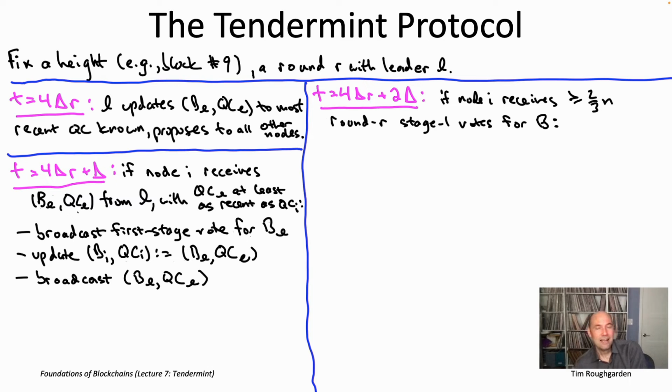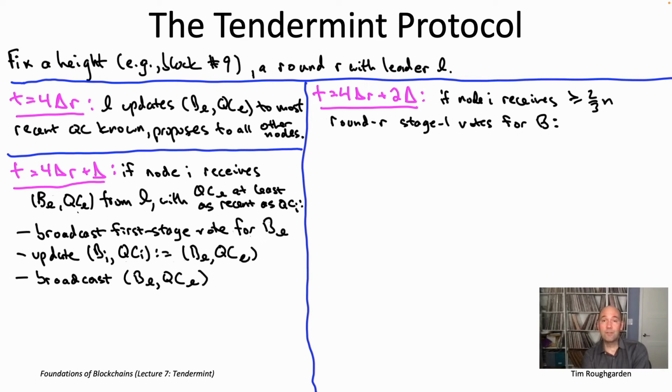That's totally fine. In fact, for convenience, you might just want to imagine in the second phase that in addition to a node I broadcasting a vote to all of the other nodes, it also sends that vote to itself, just for counting purposes. And that vote sent to itself will then arrive immediately. For that matter, even in the first phase, when you're talking about the leader proposing a block to everybody else, imagine that the leader proposes that to itself as well, which will then cause the leader L to also cast a first stage vote for that exact same block in the second phase. Okay, all by way of saying these 2/3 n votes can include a vote by I itself.